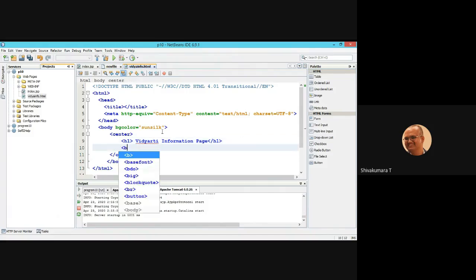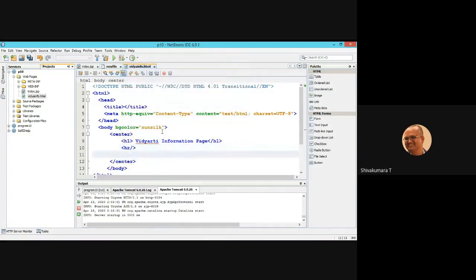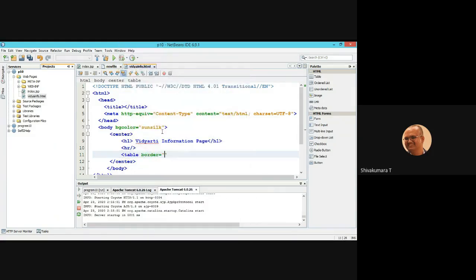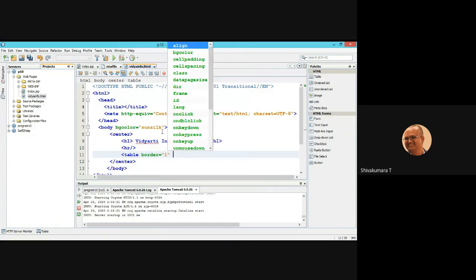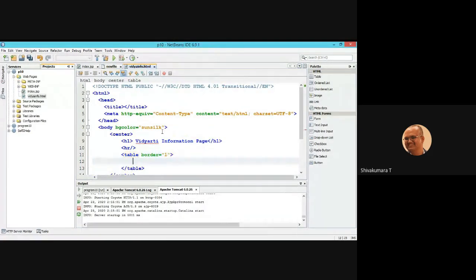If you want, you can include a horizontal rule to separate the heading and the other parts. Then define a table and set the border value to 1. Why do we need to define the table? It aligns the controls in a proper manner; otherwise the visibility of the controls is not good.